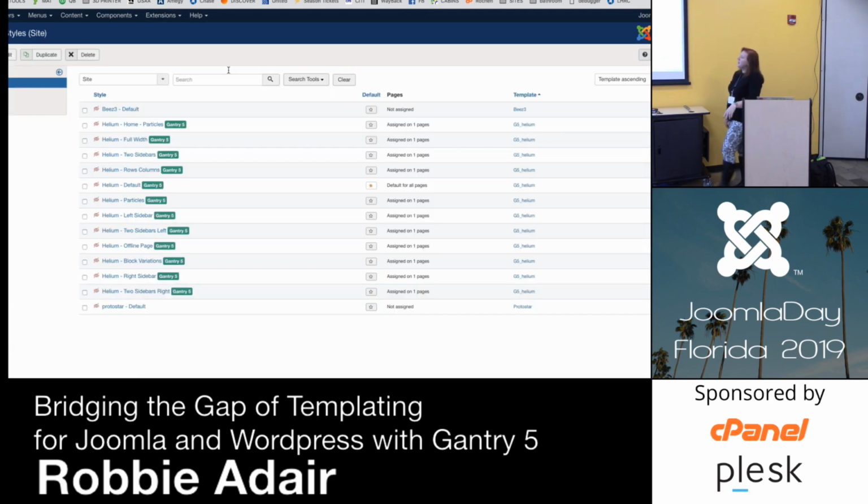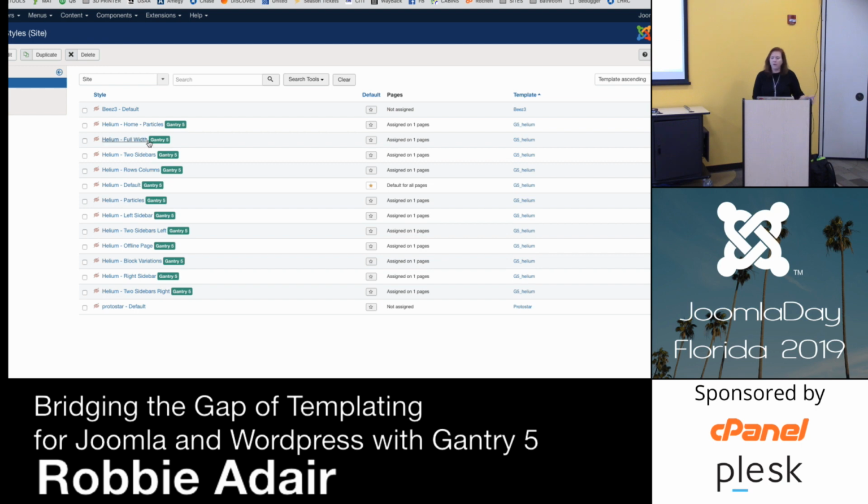So here's my themes, and you can see I've installed Helium. Now, by the way, this was a rocket launch of Helium, so it also has a lot of overrides in there. This is a great way to learn, in my opinion, because you can look at these overrides and see what did they do? I mean, what's going on here? Because you can see they've assigned them to pages, so then you can actually really go in here and look.